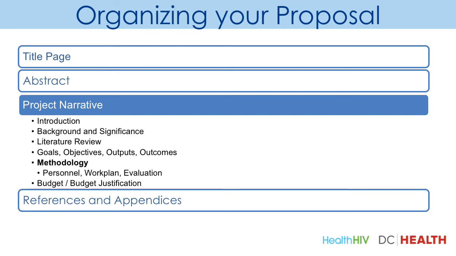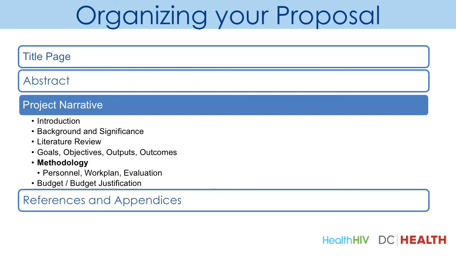While the proposal outlines in more general terms what the project is about and how long it will take to complete, the action plan or methodology section spells out in specific steps and procedures how the project will take place. The methodology section of your proposal provides you with an important opportunity to clearly outline and describe how you plan to utilize any requested funds to achieve the proposed objectives.